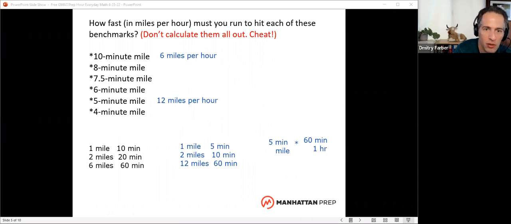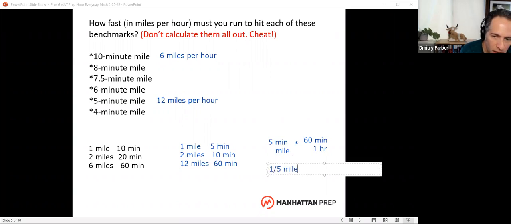Okay. So one way or the other, I could say, all right, this is going to go in, and I can just divide that 60 by that 5, right? Another way to think about that is, if I do a 5-minute mile, I'm doing 1/5 of a mile per minute. And then it's easier to cancel that 60 minutes